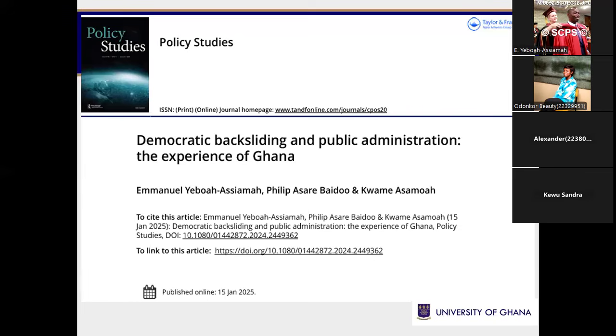So if the democracy index is telling you that Ghana's scores have been reducing over time, comparativists will ask, what are the things happening in the country giving rise to these declining figures in terms of the democracy index? And this article does justice to such a peculiar question. All right,